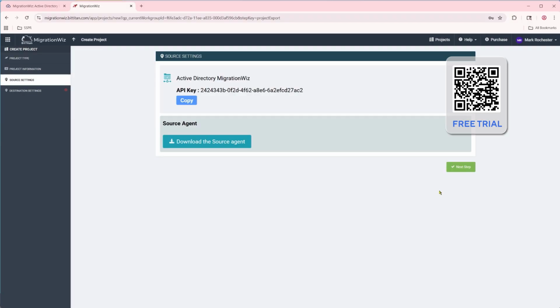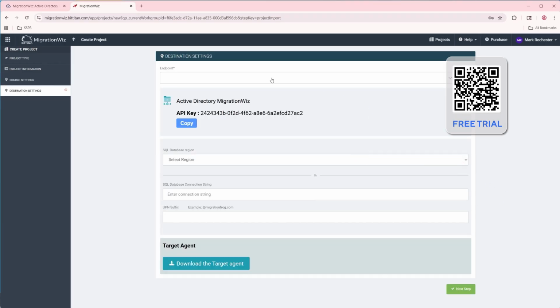Now, there are no source settings to configure on the SaaS console because the source is not Entra ID, and therefore we're just going to get the ability to download that source agent and to then have the API key, which I'm going to copy to the clipboard now, which we'll be using in the agent when we set that up. Now, on the next step, however, the destination, we are going to be choosing the endpoint,